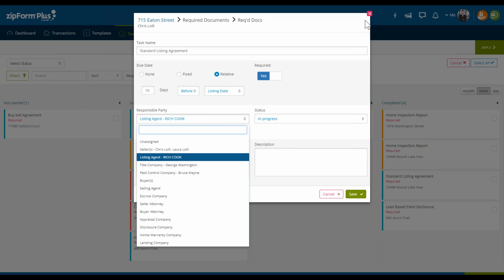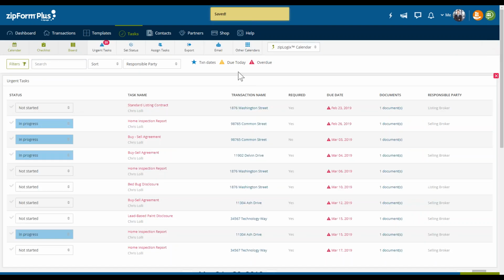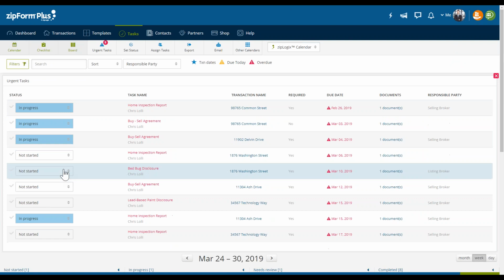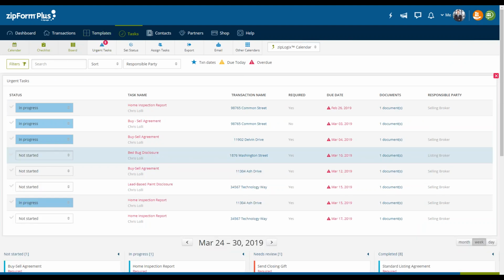Click on this. And then we can set the status, where it's in progress, we can change it to completed, and then simply click on the green apply, and it will make that appropriate change, as you see there. Or I can just use the traditional method where I simply click the drop down and change it to completed, and it decreases the number here automatically, as you see.